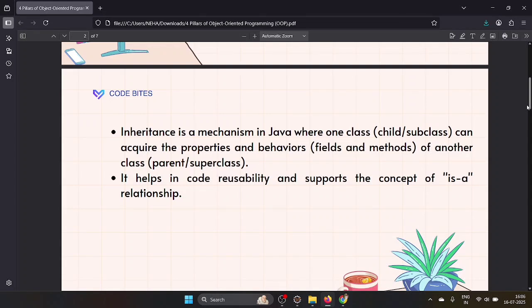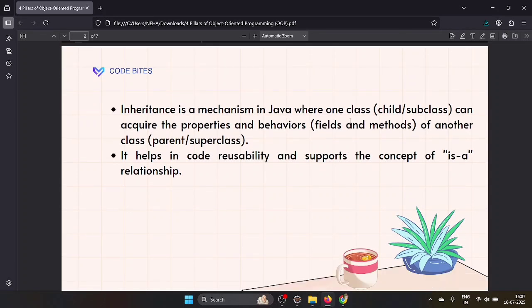Let's take an example. Some of the properties that are present in you will be inherited from your grandparent or parent. Let's take height. Your grandparent's height is 5.5, then it is getting inherited to your parent, then that is getting inherited to you. You also have a height of 5.5, right? We can say that the properties are getting inherited from one class to another class, from the parent class to the child class, where you get some of the properties and behavior.